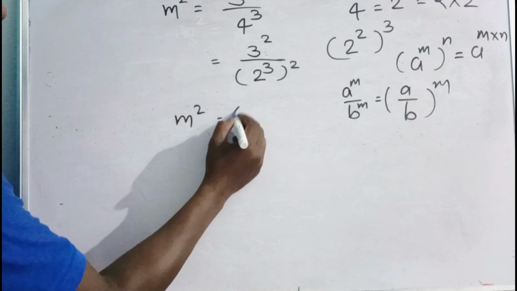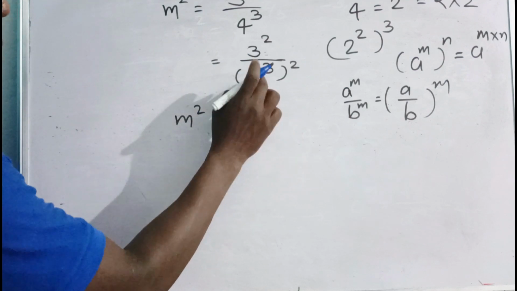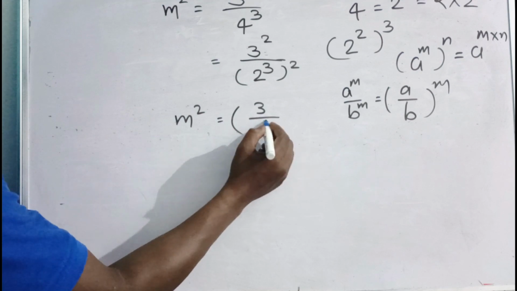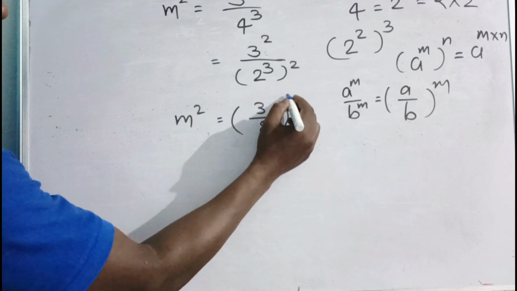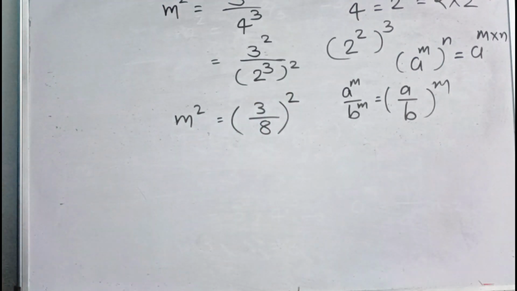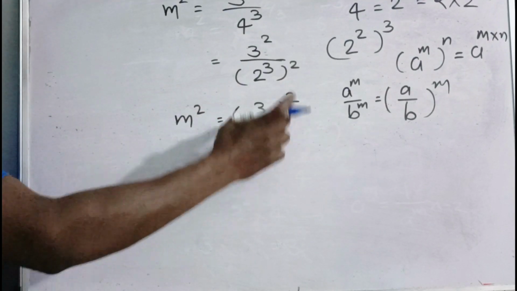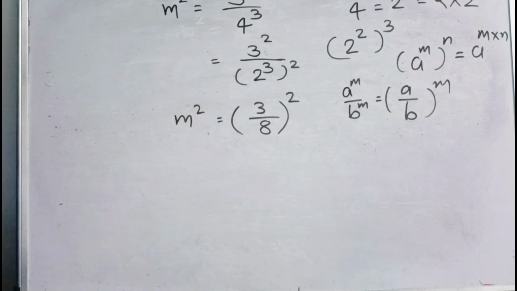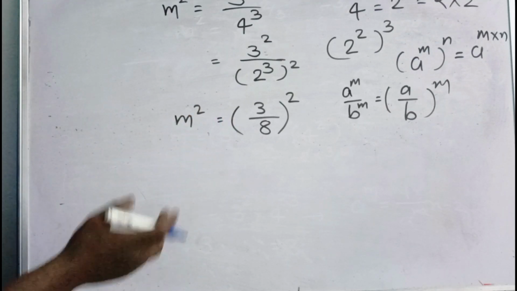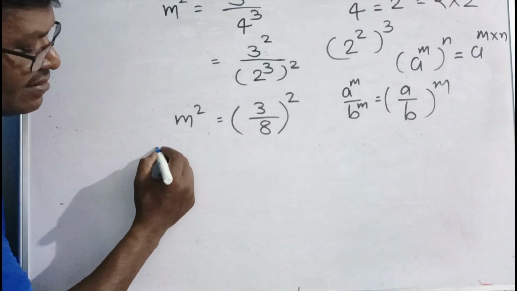M square is 3 upon, what is the value of 2 cube? 8 raised to the power 2. ये सब हम क्यों कर रहे हैं? क्योंकि हमें यहाँ पर m स्क्वायर दिया गया है। होल का हम जब स्क्वायर रूट करेंगे तो स्क्वायर रूट लेने के लिए आसानी हो जाएगी। Now taking the square root both side,